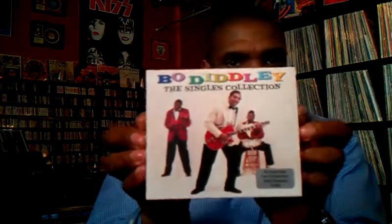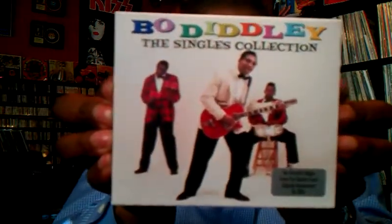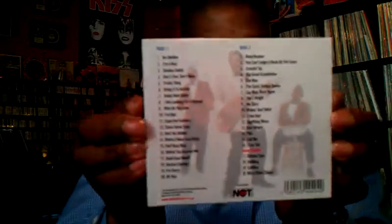And last but not least, this was the really nice find out of all the CDs. 2 LP set of Bo Diddley. And this is the singles collection. And again, it has all of his great hits on there. You know, Bo Diddley, I'm a Man,